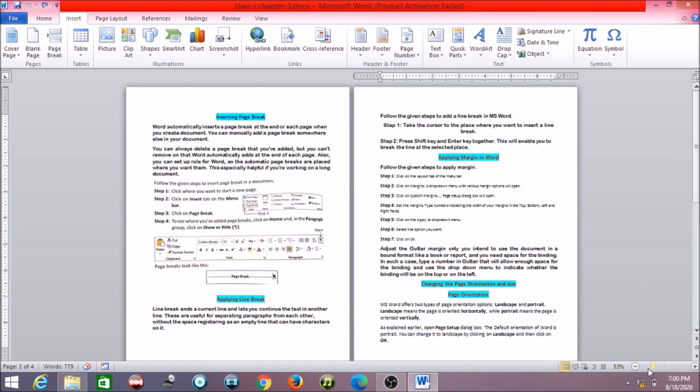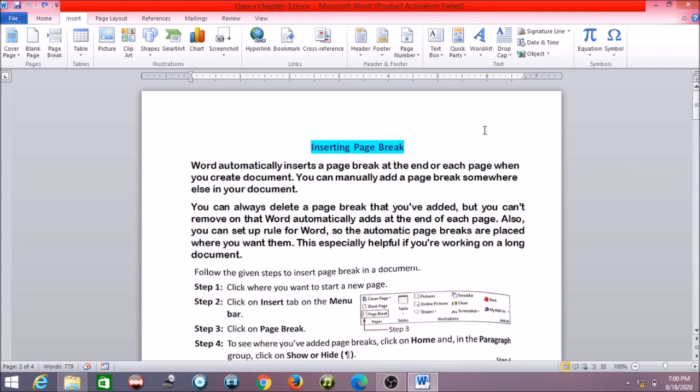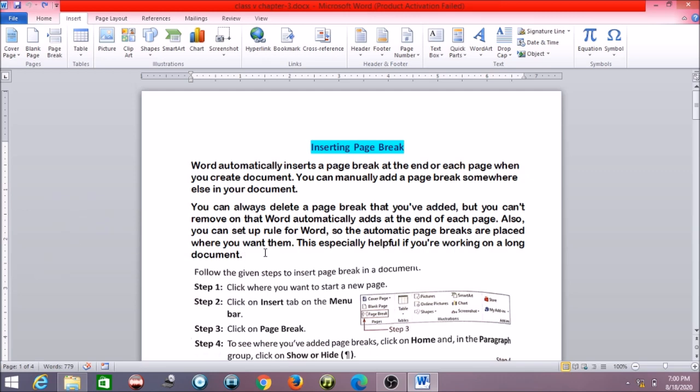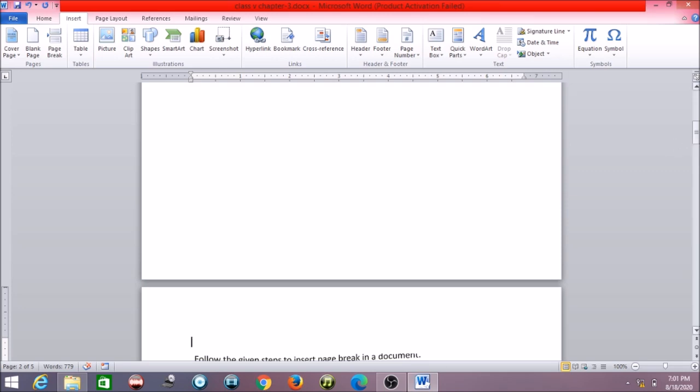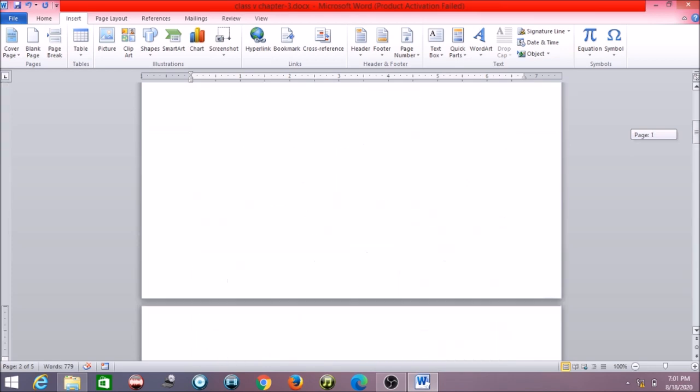Just go to that particular place where you want to apply page break. See here, if I want this much content, starting from the paragraph, on one page and the remaining on the next page, I don't have to press enter again. That way also you can move content to the next page, but I can use page break. For that, just click where you want to break the page, go here and click on page break, and the shortcut key for this is Ctrl plus enter. So see, the page is broken. Earlier content was here, and now it is moved to the next page. So this is known as page break.